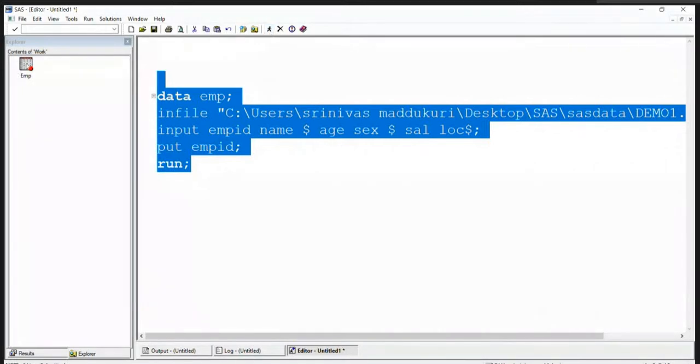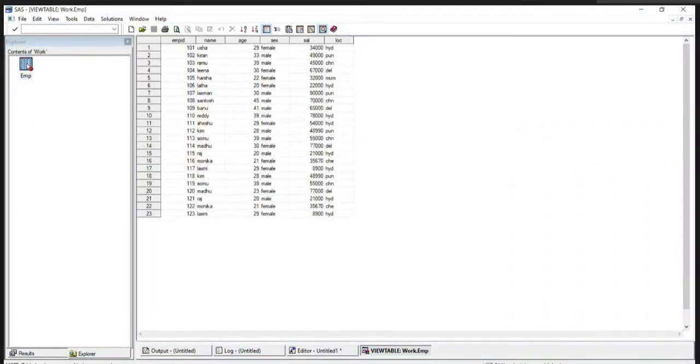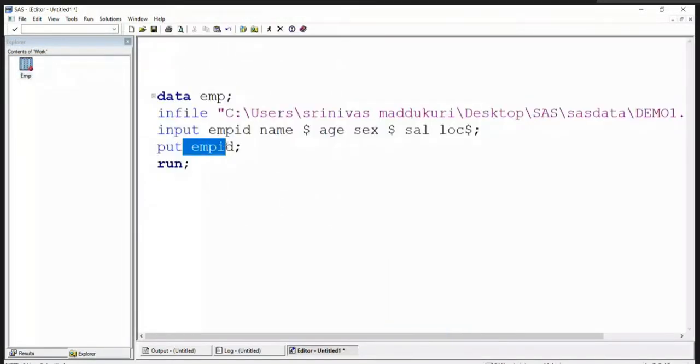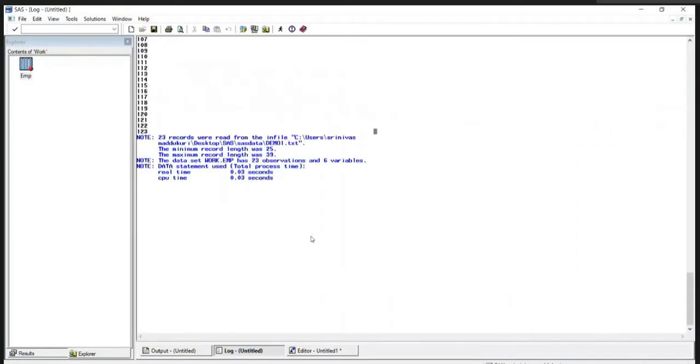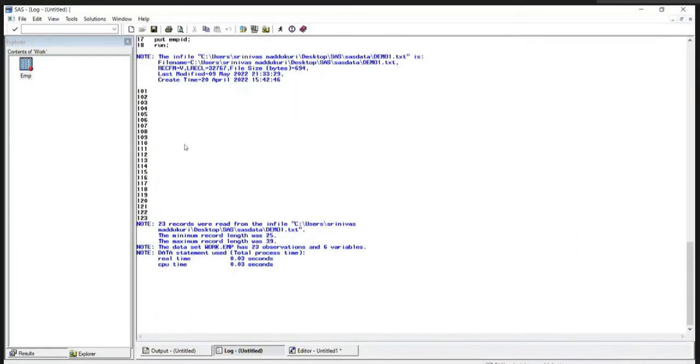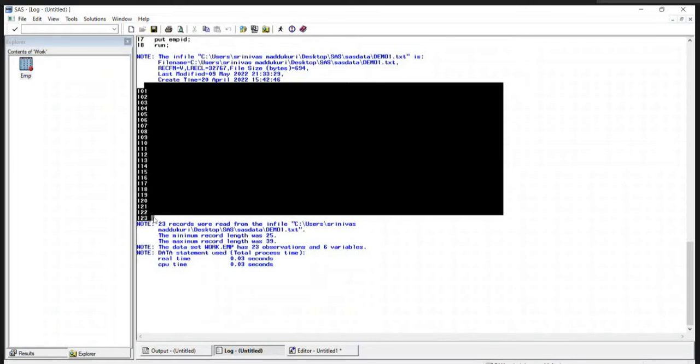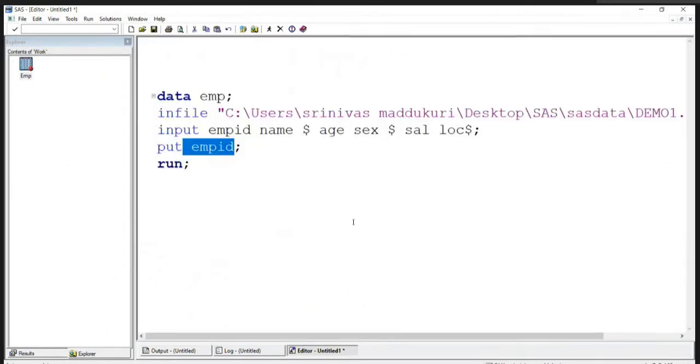And at the same time, in the emp dataset, you are going to have all the 6 variables. That is fine. But whatever empid values we have, all the 23 observations, 23 values will print in the log window. Understand this? All the 23 values are printing in the log window. But now it will print only the values. But in the put statement, if you write empid is equal to